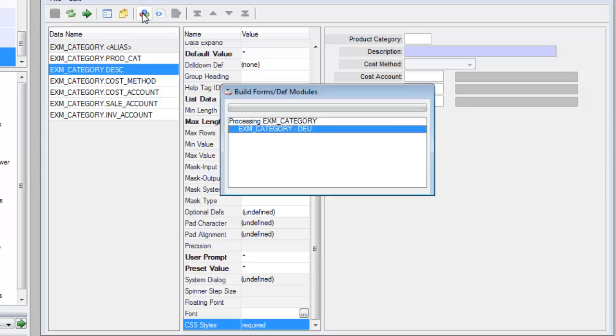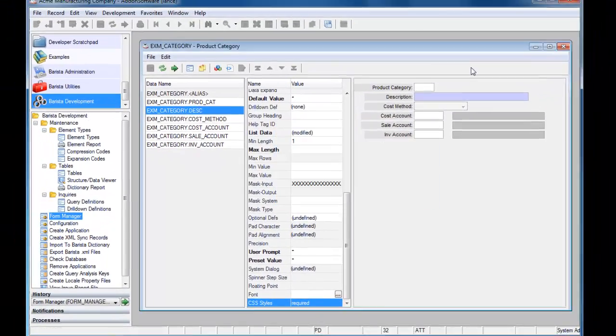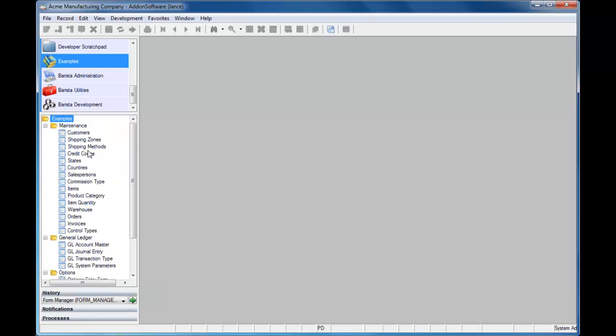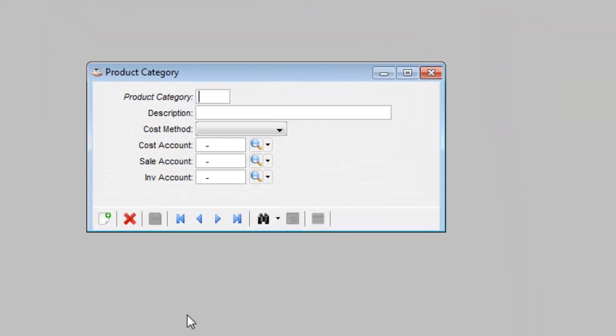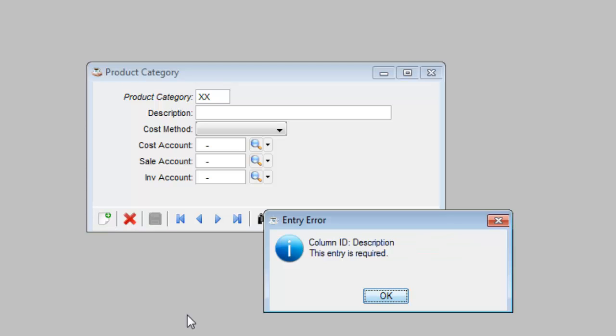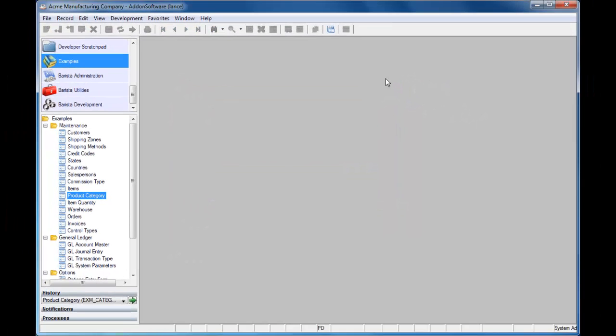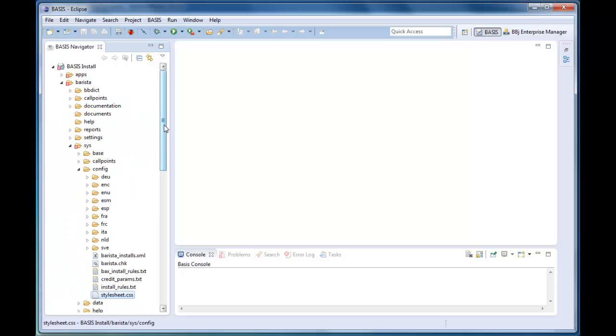Having done so, I just build a form, and we can see the results of the minimum length 1 in running the form in GUI. We'll just try to add a new record and go through the description without entering anything. And sure enough, I get a notification that an entry is required for the field. But I don't see any visual feedback that it's a required field ahead of time. One step still needs to be done, and that is in the